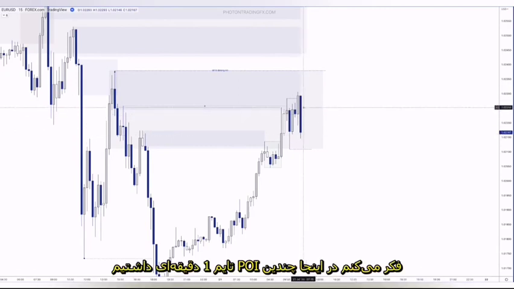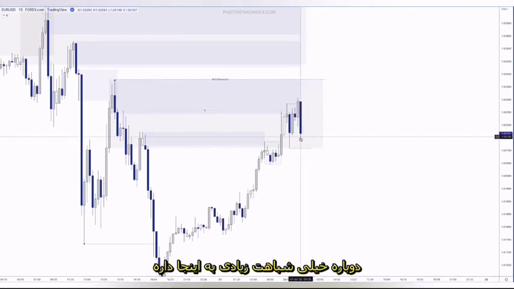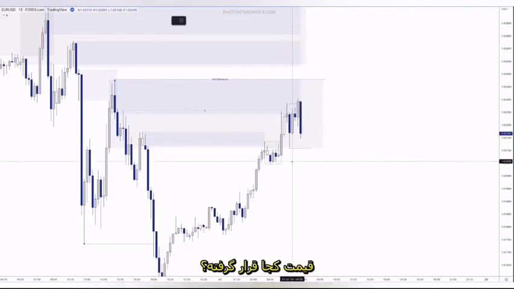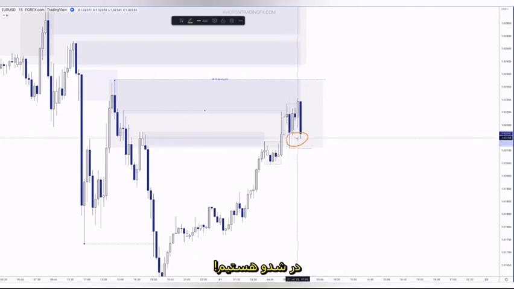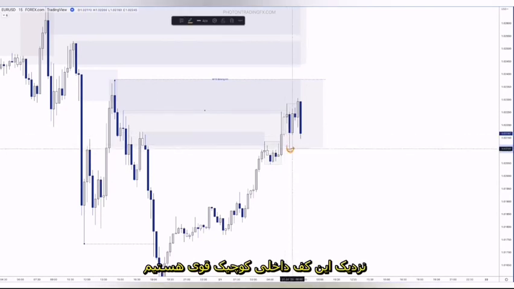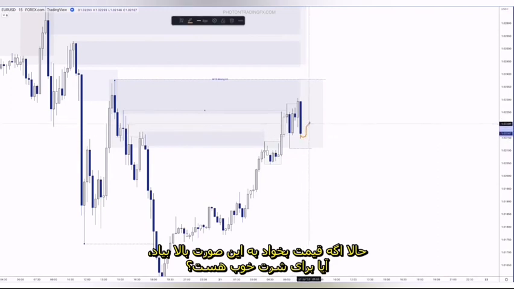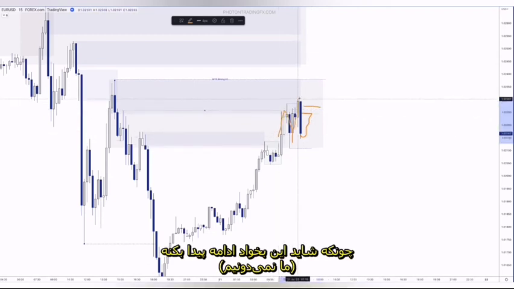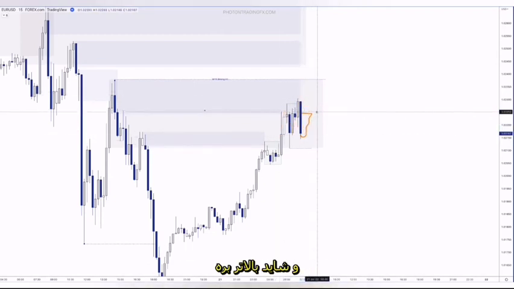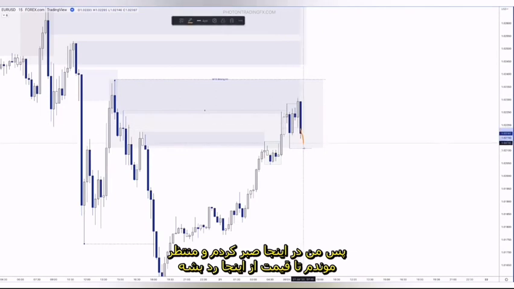So I think there were a few M1 POIs we'll take a look at in a minute at this point. But again, it's very similar to here. Where is price? Well, in this very specific instance, we're already within demand, right? We're within the wick. We're right near this strong small internal low. So if price was to come back up on the M1 at this point, is that going to be ideal to short against? Not really, is it? Because we don't know if this is going to continue, right? And push up higher. So in this instance, this is where I just waited and I wanted to see price